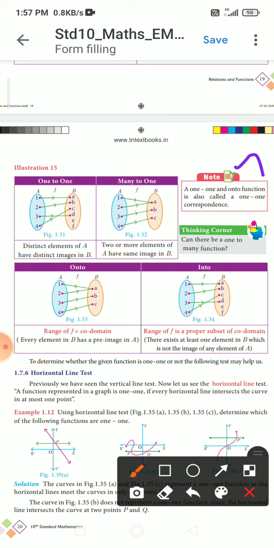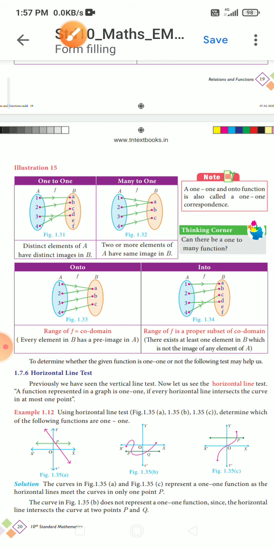A one-to-one and onto function is also called a one-to-one correspondence. If a one-to-one function satisfies the onto condition, it is called a one-to-one correspondence. Then the thinking corner: can there be a one-to-many function?